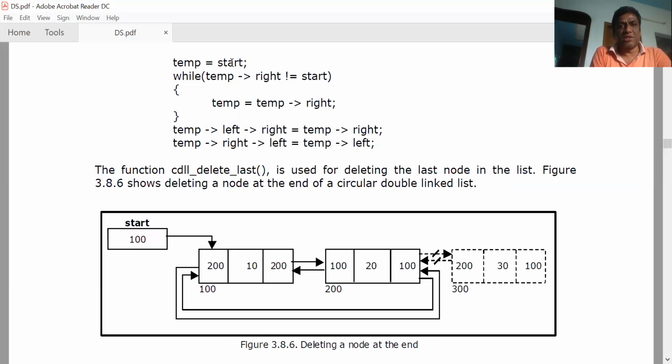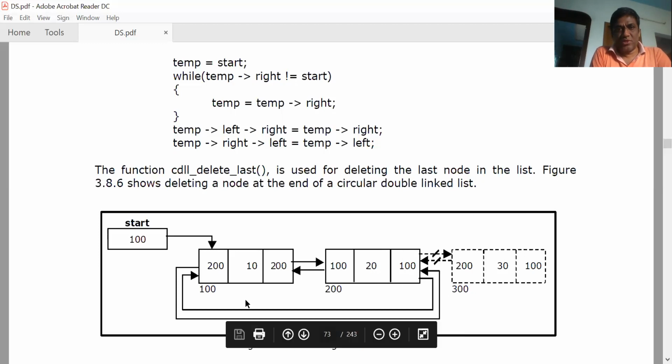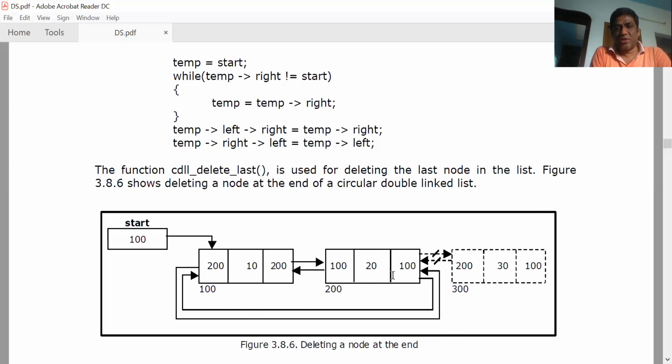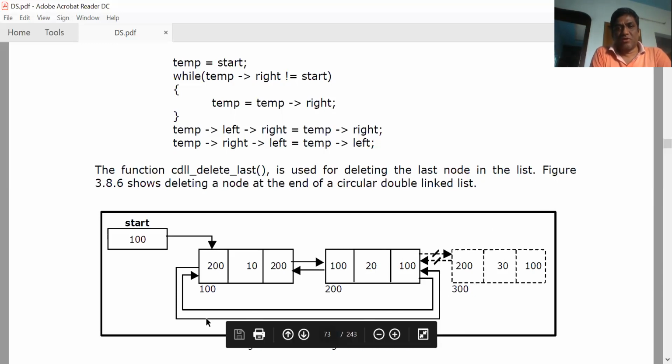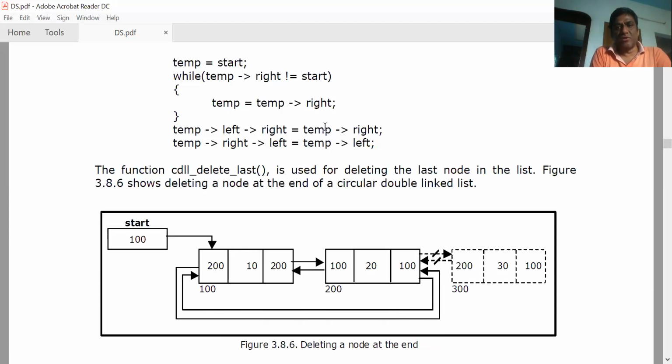All of you please remember this: temp is equal to start left. That is the last node directly. Then what are the things required? You want to remove this, and you should know how to change the links from this also. You need to update the change, because this is the temp node. How do you represent this? This is going to be temp left. Then temp left right is equal to start node. So I'm updating this. Temp left right is equal to temp right, or simply start. You can use start. Temp left right is equal to start.